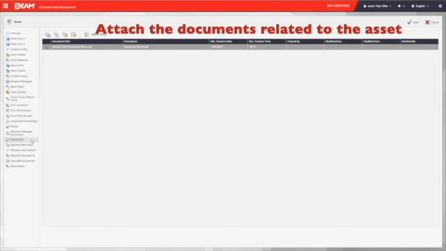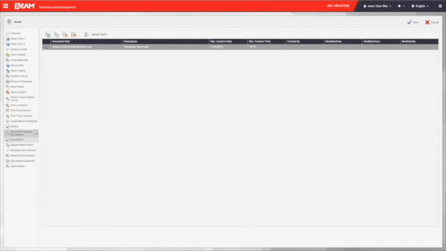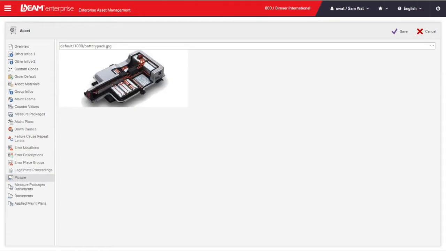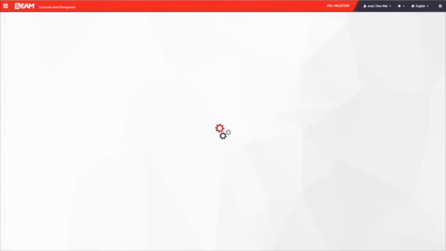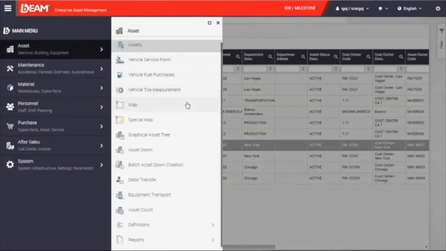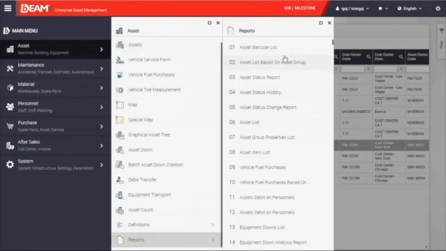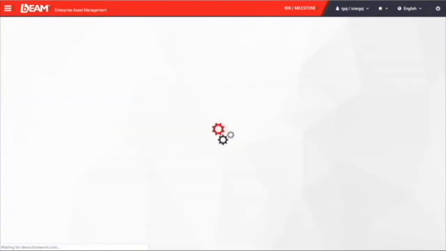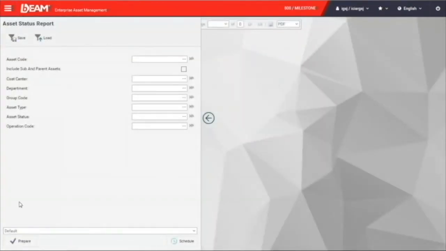Any handbooks, instructions, or certifications can be attached under the document fields. You can also upload the picture of this asset here too. After you fill in all the information, you can save it, and the new asset and its information will be saved in BIM. As BIM provides over 10,000 ready-made reports, you can generate the report, for example,